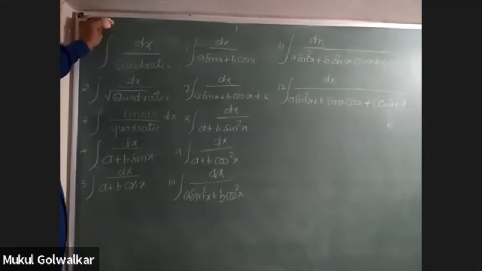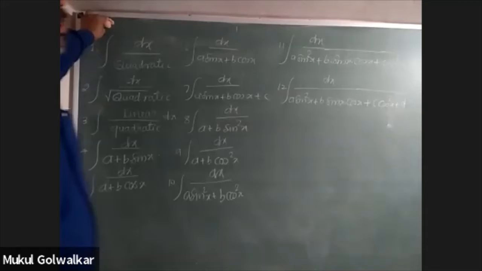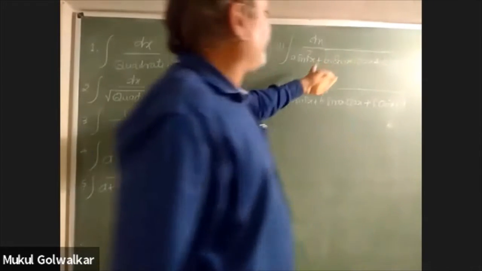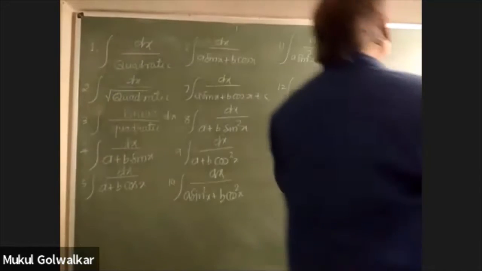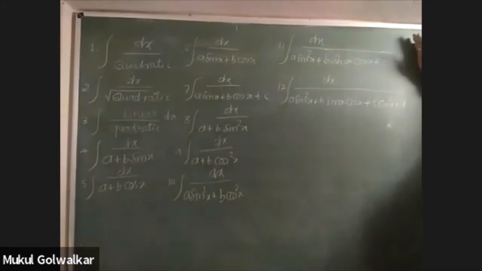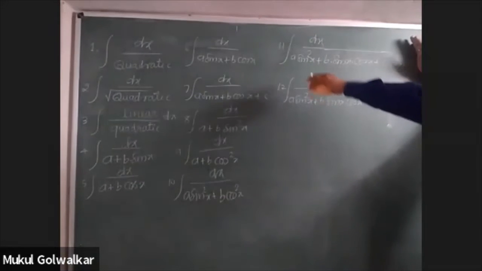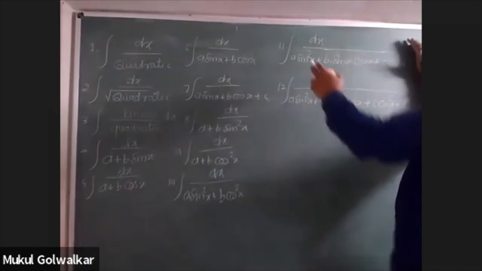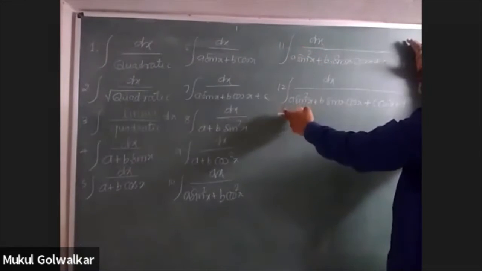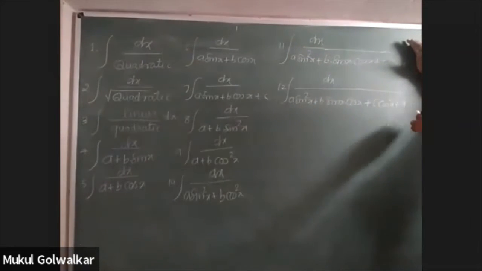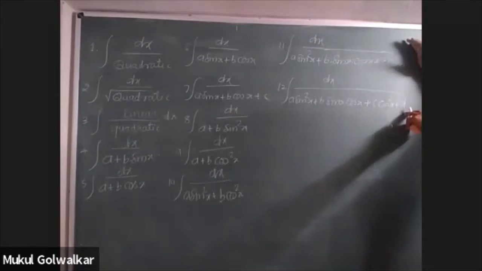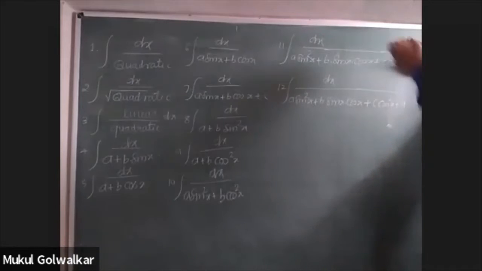Sir, in the 11th formula, in the denominator, there is no constant. Yes, because there is reflection, so I'm just getting it. Now I hope you will be able to see. There is no constant term, only three terms are there. The only difference between question type 11 and type 12 was the constant in the denominator. The rest of the complete function is the same.